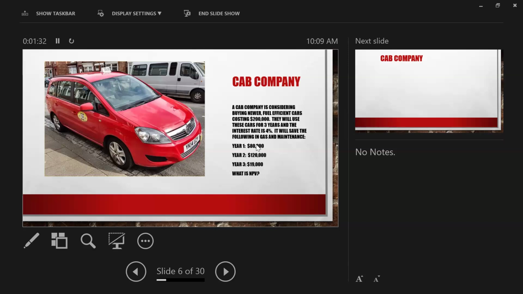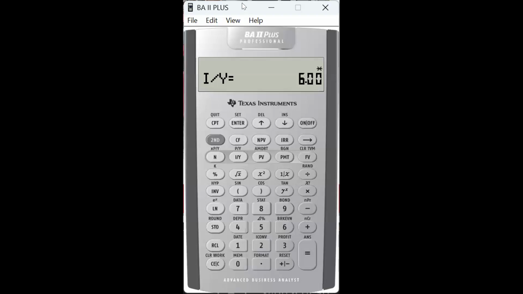Beloved class, did you get an answer? No, let's go over this here. So what we're going to do is I'm going to put the calculator here on the screen. When we get the calculator on the screen, the very first thing we do is hit the CF button. And when we're hitting the CF button, what we're doing in this case is the first thing I do